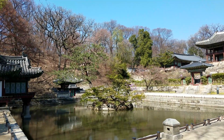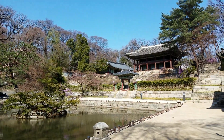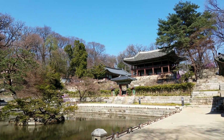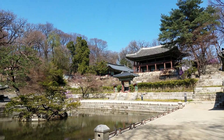And the next one is located across the pond on the hill. Just see that two-story building up on the hillside? Yeah, that's the Royal Library. It's called Gyujanggak, which was built in 1776. Of course, it was started for scientific research, but later they even published a lot of books. Plus, they used importing